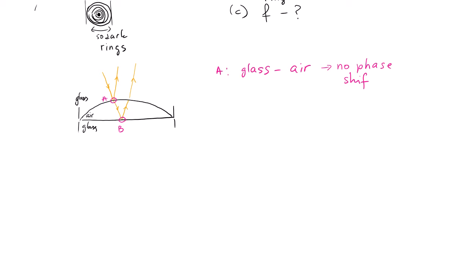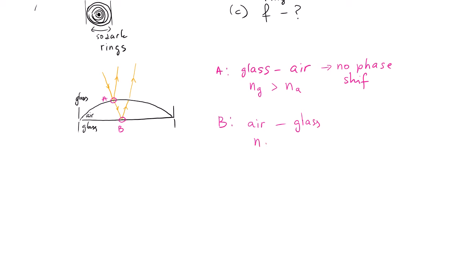Why is it? Because the index of refraction of glass is larger than the index of refraction of air. So when a ray is moving from a higher index of refraction to a lower index of refraction, there is no phase change. While at point B, we have the light ray going from air to glass,